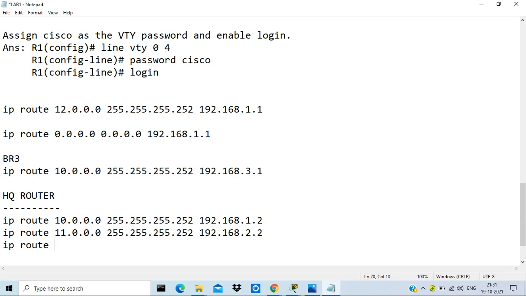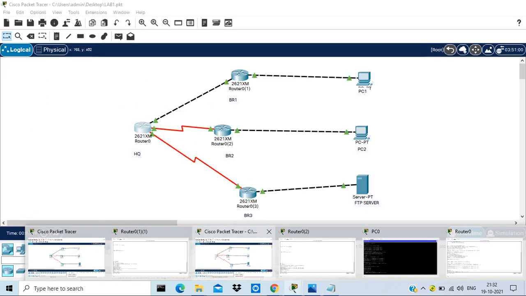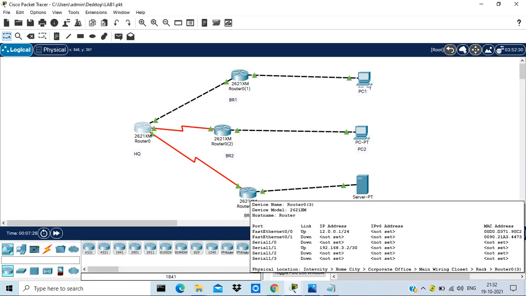Similarly, for branch 3, it is ip route 12.0.0.0, 255.255.255.252, and 192.168.3.2, that is the WAN interface of the third network.